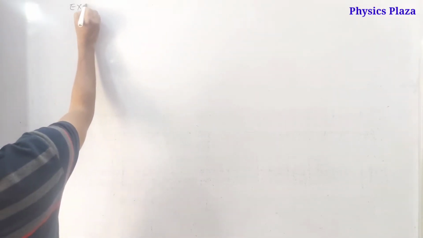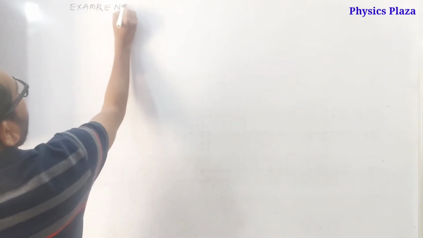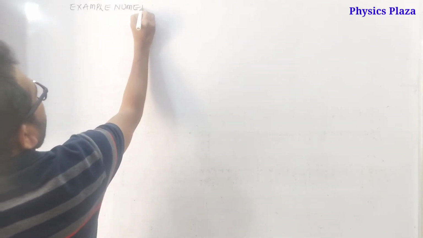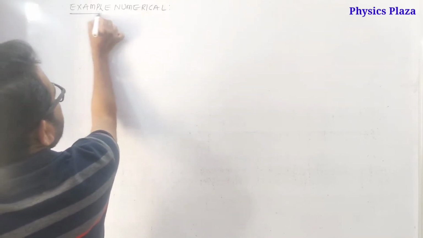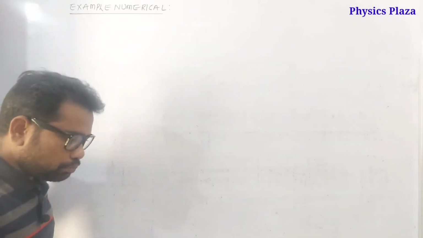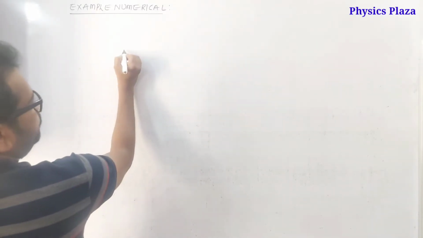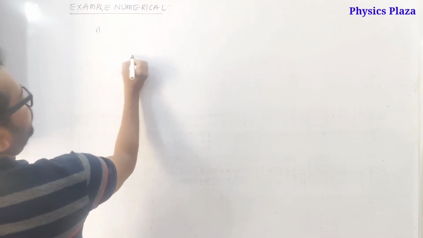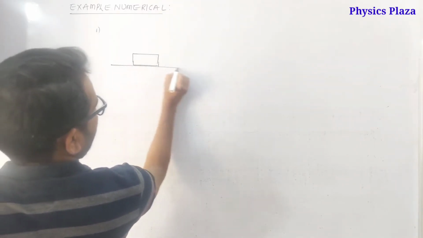So children, here is an example numerical, we'll do it. First we do it based on work, then we do it based on power also. Okay, fine children. Suppose here is an object, a body is placed,